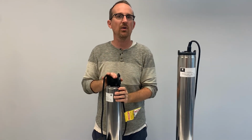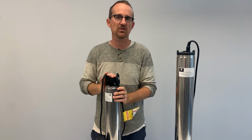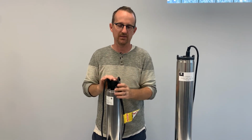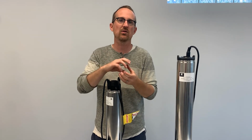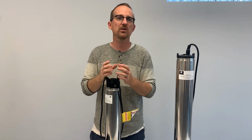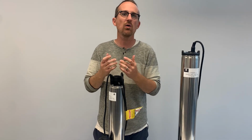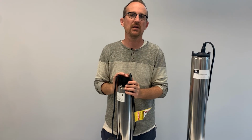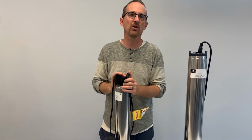With a traditional pump, you do need to use a pressure tank, minimum 20-gallon capacity, to operate the system, and you also need an external pressure switch. You can use either our pump control tank T kit or our digital pressure control switch, both of which are available on our website,